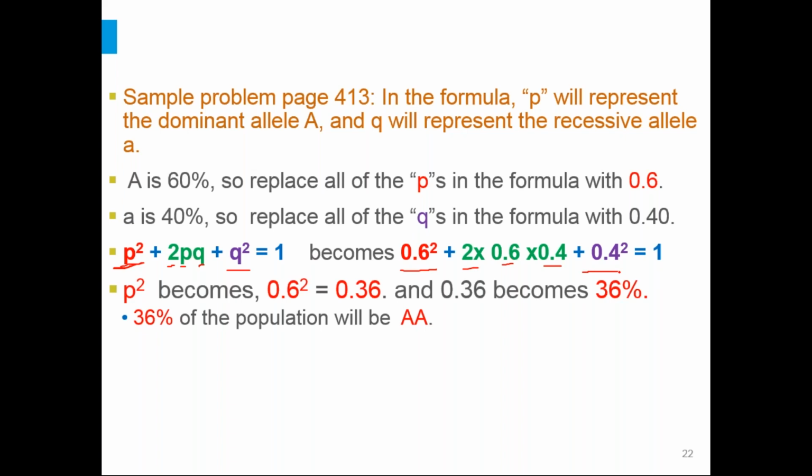Now we just do a little bit of math. So p squared became 0.6 squared. And because it's squared, we just have to square it. 0.6 times 0.6 gives us 0.36. And now we can change it back to percentages and say 36%. Okay, so 36% of the population has this genotype of being